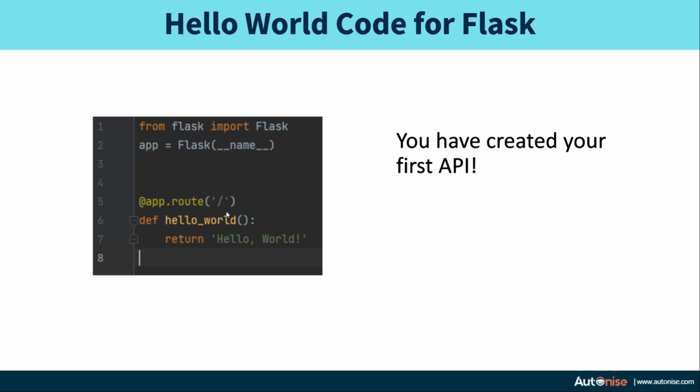We provide a route to this API. We create a function. We can name this function anything. And then we execute the set of commands in the API. As this is a hello world, this is a very simple program. What we do is in the commands, we return the text hello world. So this API, when it's hit, it just returns the string hello world. And that's it. If you write down this code in your Flask, you have created your first server as well as your first API.